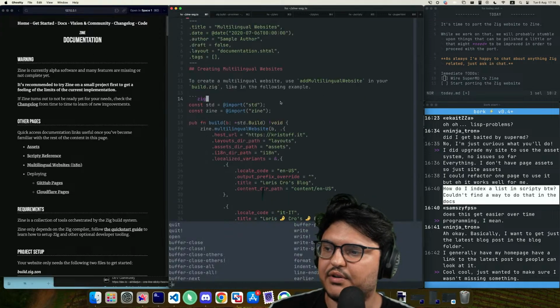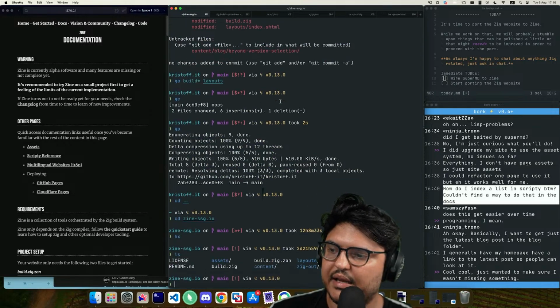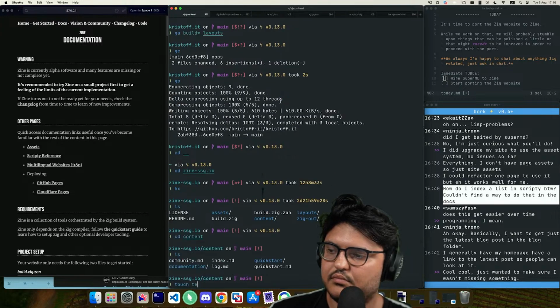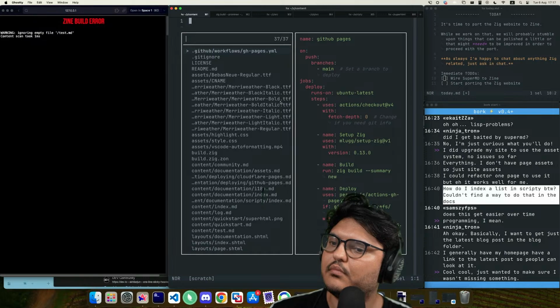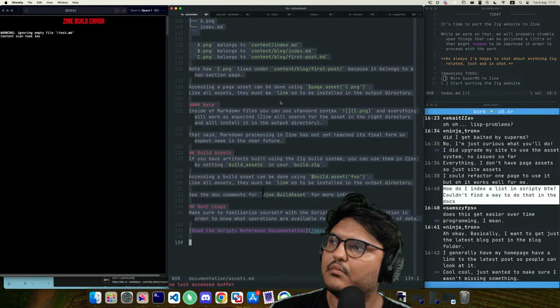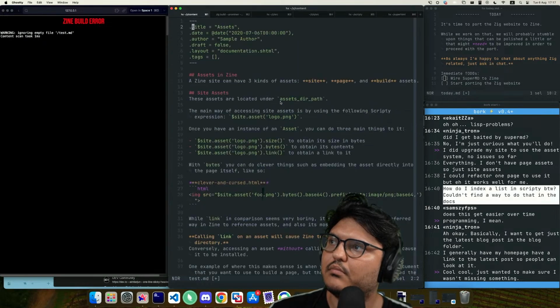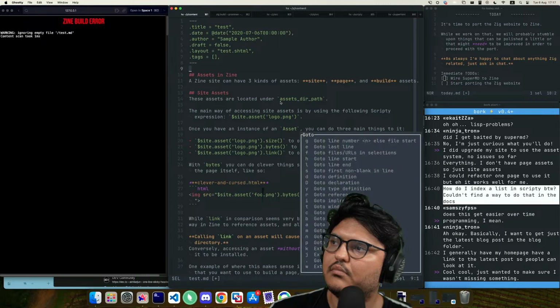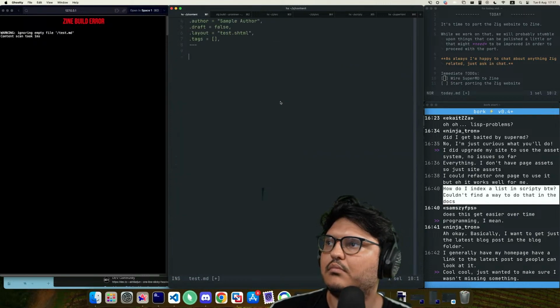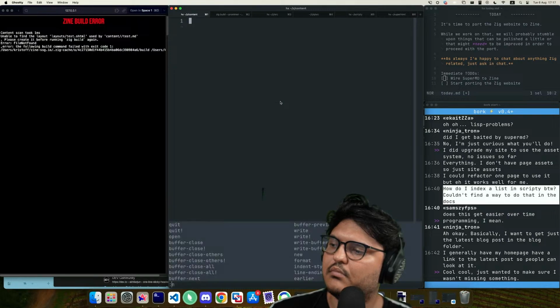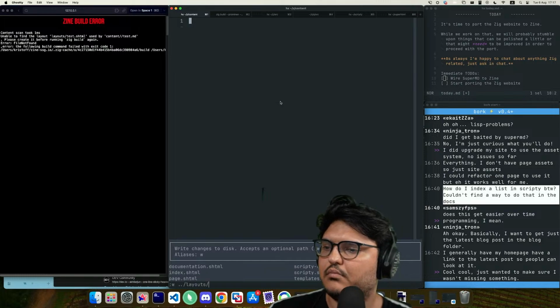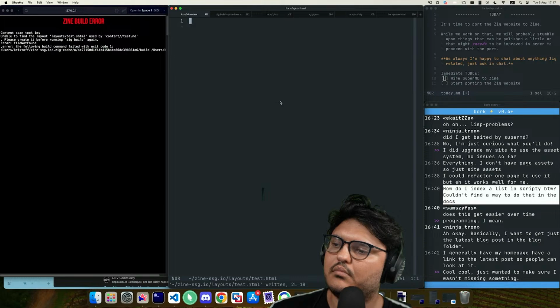It's like just a test page just to test this functionality in a dedicated environment. Test.md. Fuck.